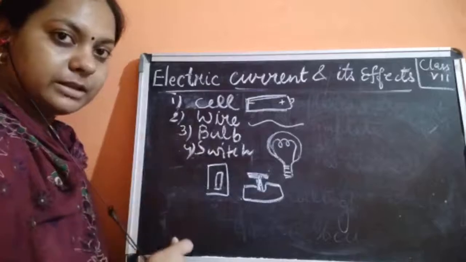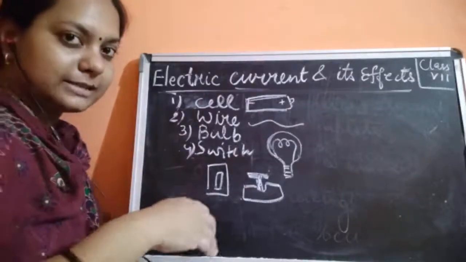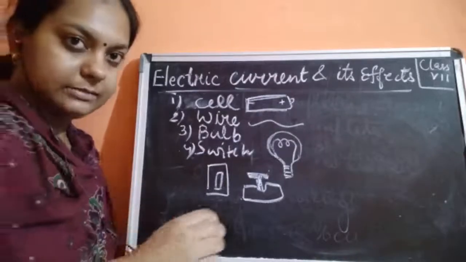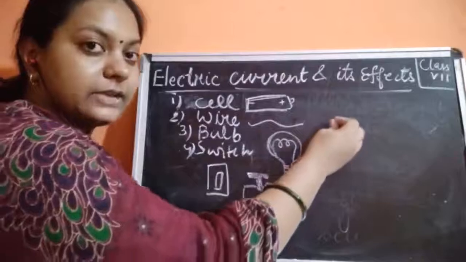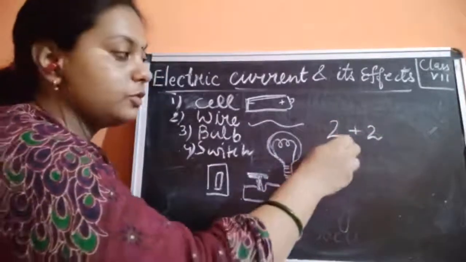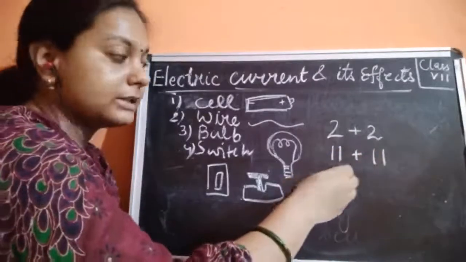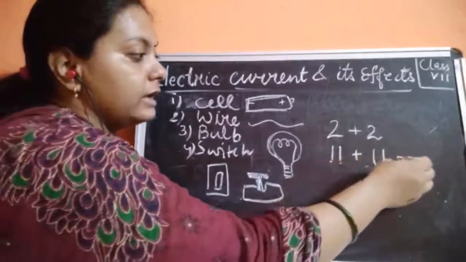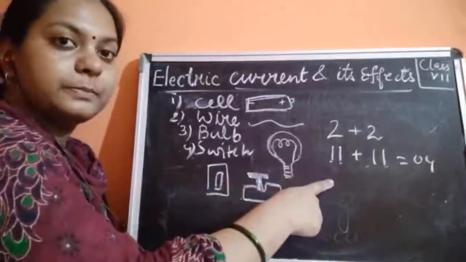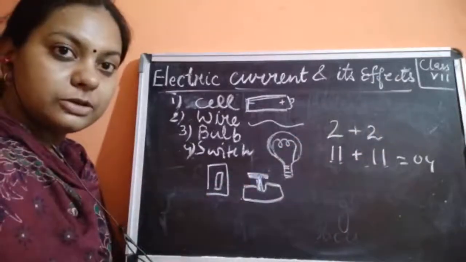you can use another alternative method. Okay, so for example, if you need to add something, when you were in lower classes, you were not able to add some things. If your teacher has given you the sum of 2 plus 2, how will you calculate this? You have to draw 2 lines, then plus 2 lines, and you would have counted 1, 2, 3 and 4, then the answer would have become 4. So this was a long method. But now you simply calculate 2 plus 2 is equal to 4.